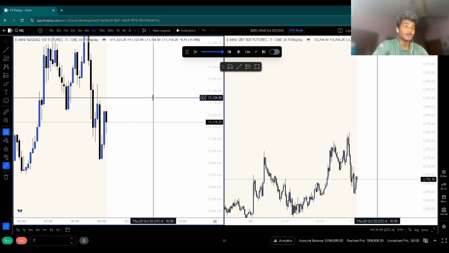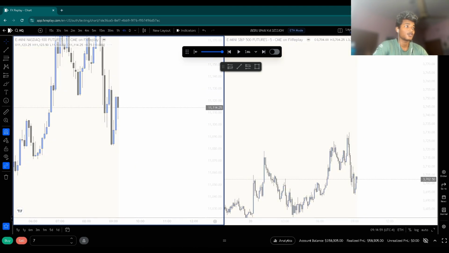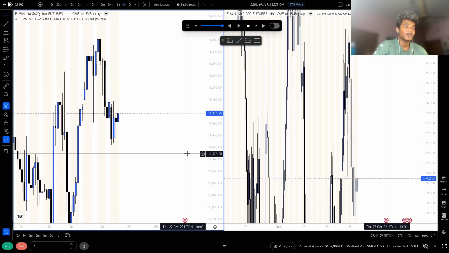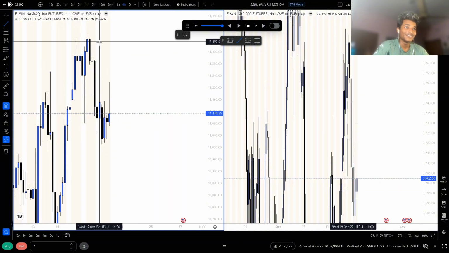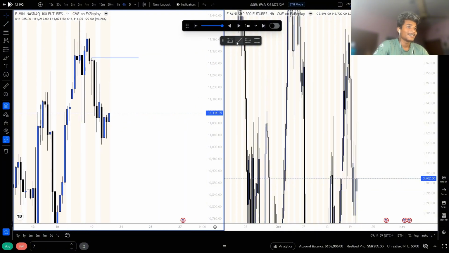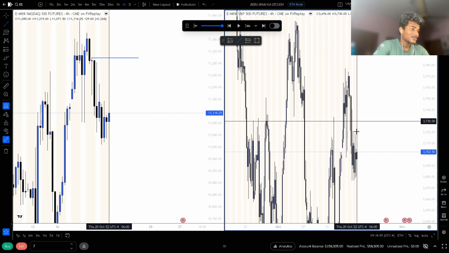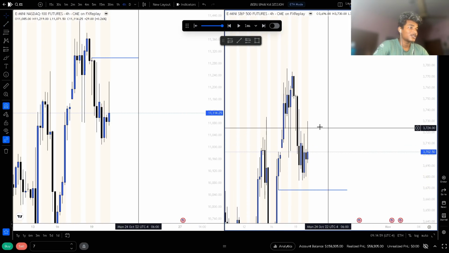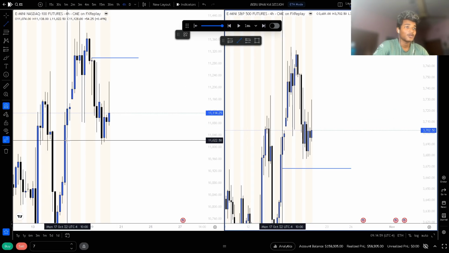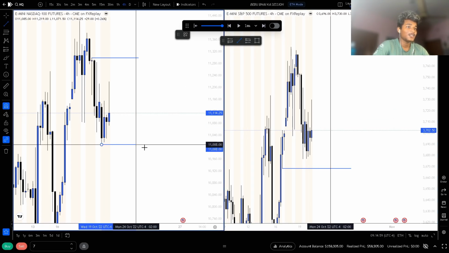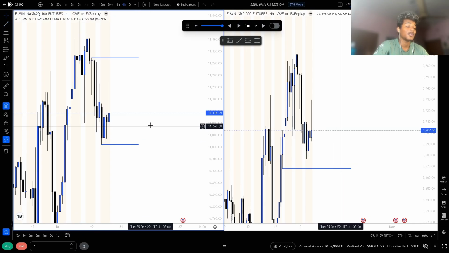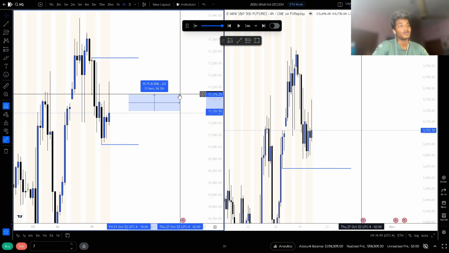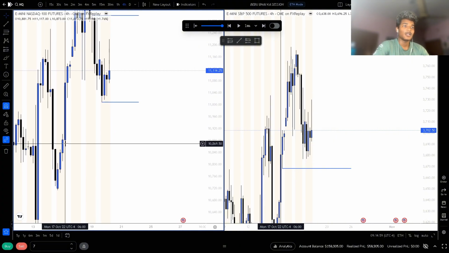So let's see the 4 hour. We are shifted bullish. Sorry, this is not the 4 hour. So on the 4 hour, this gap is still unmitigated. Oh my god. And today is Thursday. We have no gap here. We have this unmitigated 4 hour gap below us, which was mitigated by NQ. So we have a bullish SMT at this point of time, but I do want a retrace into this gap and take out this intermediate term low, and then I want longs. So that's pretty much my scenario.